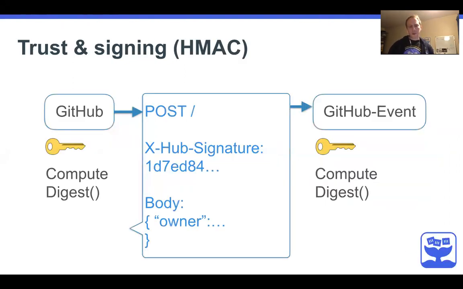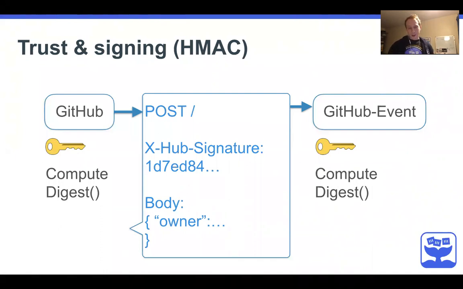Trust and signing is very important for a system like this. You do not want someone finding the URL for your Docker builder and going crazy. So GitHub signs the JSON message, computes a header, this is called HMAC, and sends it along with the message. At the other end, we have the same secret, and we do the same again, and then we know that it's from GitHub, and we will build it and deploy it.